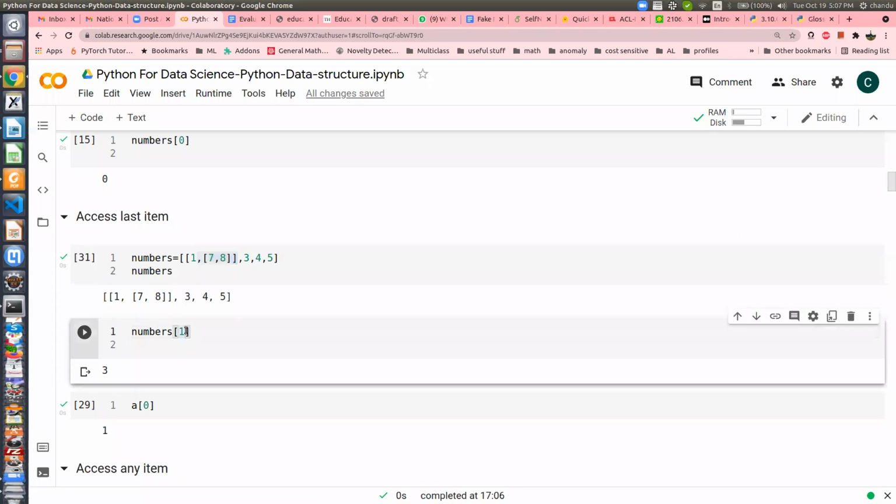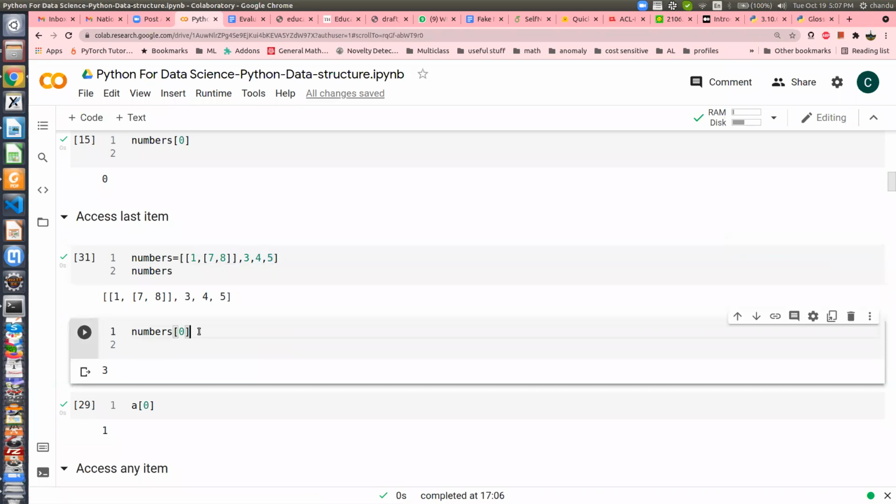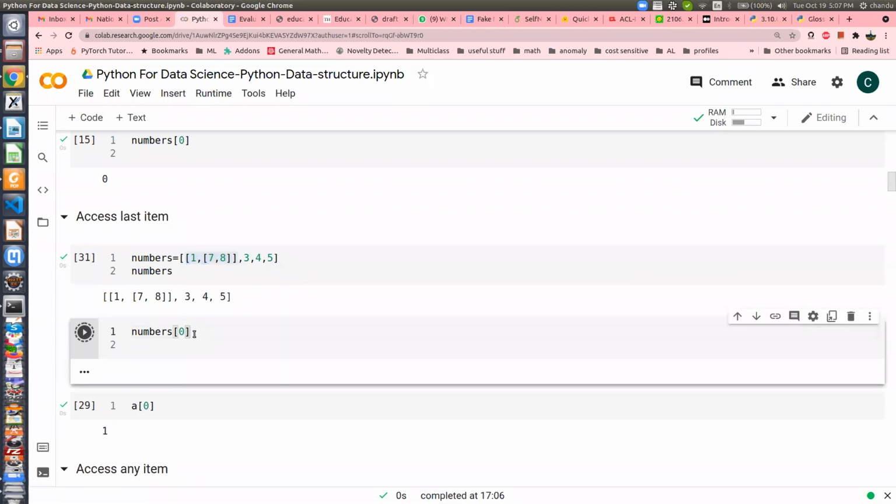Whole of this thing, let me write 0. What will happen, Sarah, if I write 0 here? What will happen? 1, 7, 8 will come. 178. Remember, think of this outer bracket, and this is a list. When I'm using the first level of bracket, that means whatever is stored at the first location. But the first location is storing this entire thing. So that's why you'll get that entire thing.